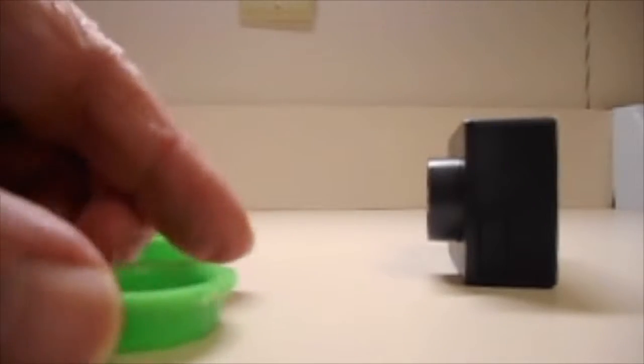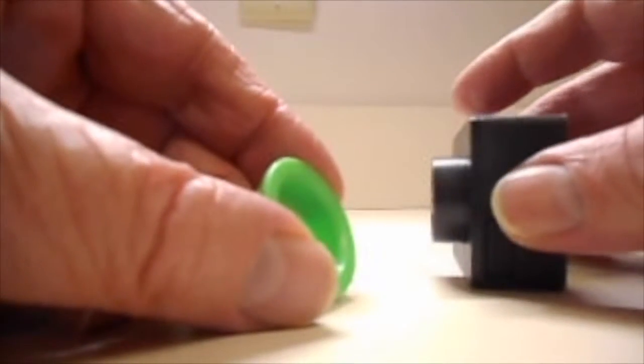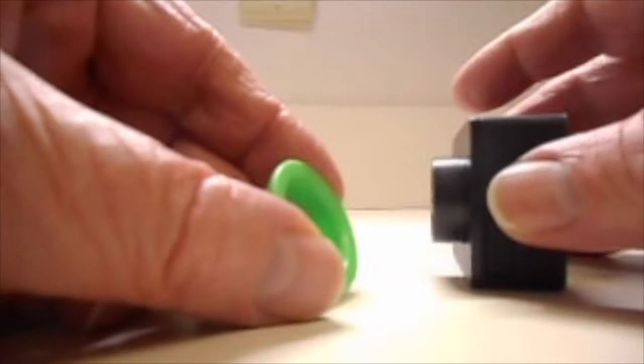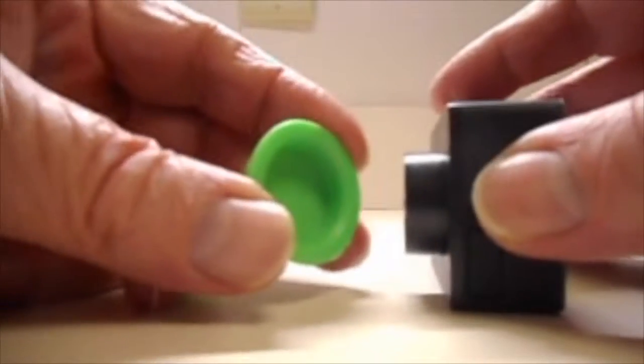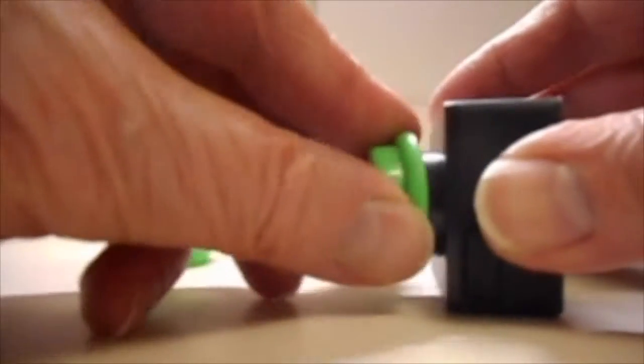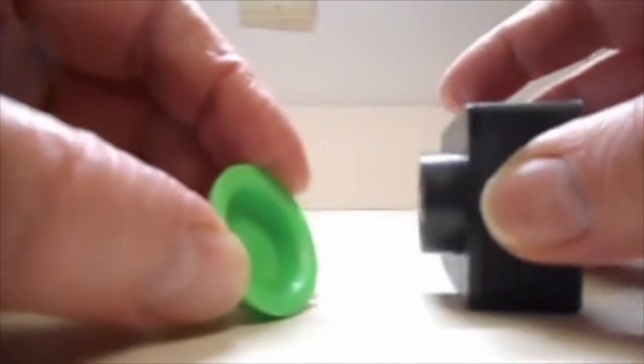And basically the new one here is a vortex blaster, and I'll include this in the video. And as you see, this is brand new, and it won't fit. It'll almost, but it really won't fit. And so